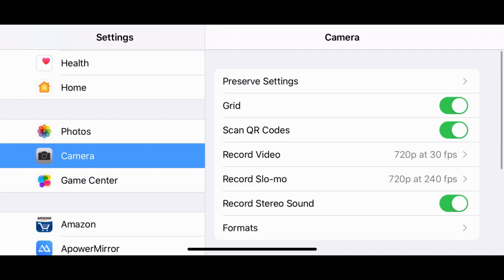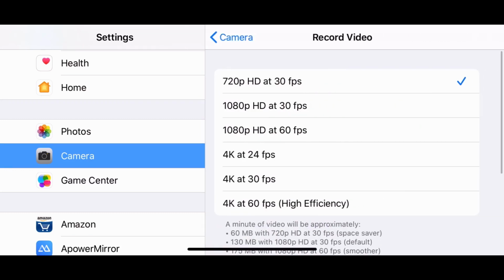Okay, so to go back, in case you have to record a video, you see there are quite a lot of different options over here. If you are taking a video for social media or for serious photography or videography, I would suggest you keep it at 4K at 24 fps.